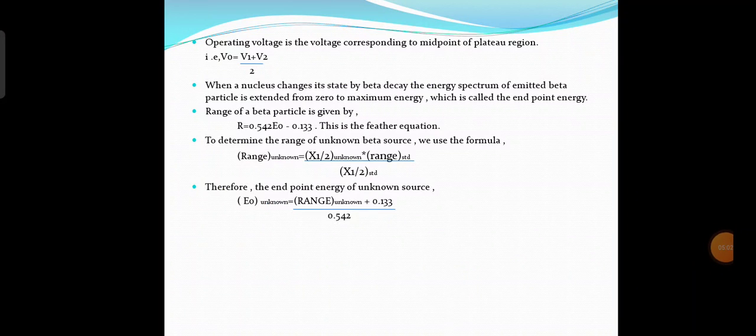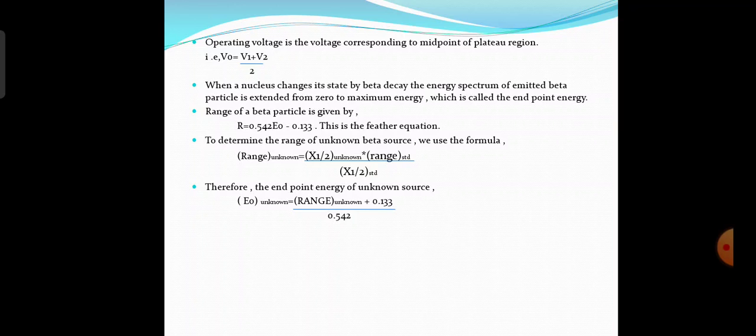Here we want to determine the endpoint energy of the beta particle from the given source using the Feather analysis method. For this, when a nucleus changes its state by beta decay, the energy spectrum of the emitted beta particle extends from 0 to the maximum energy E0, which is called the endpoint energy. And if this beta particle passes through a material such as aluminium, some are absorbed. The number that are absorbed depends on both the energy of the particle and the thickness of the material, that is the thickness of the aluminium